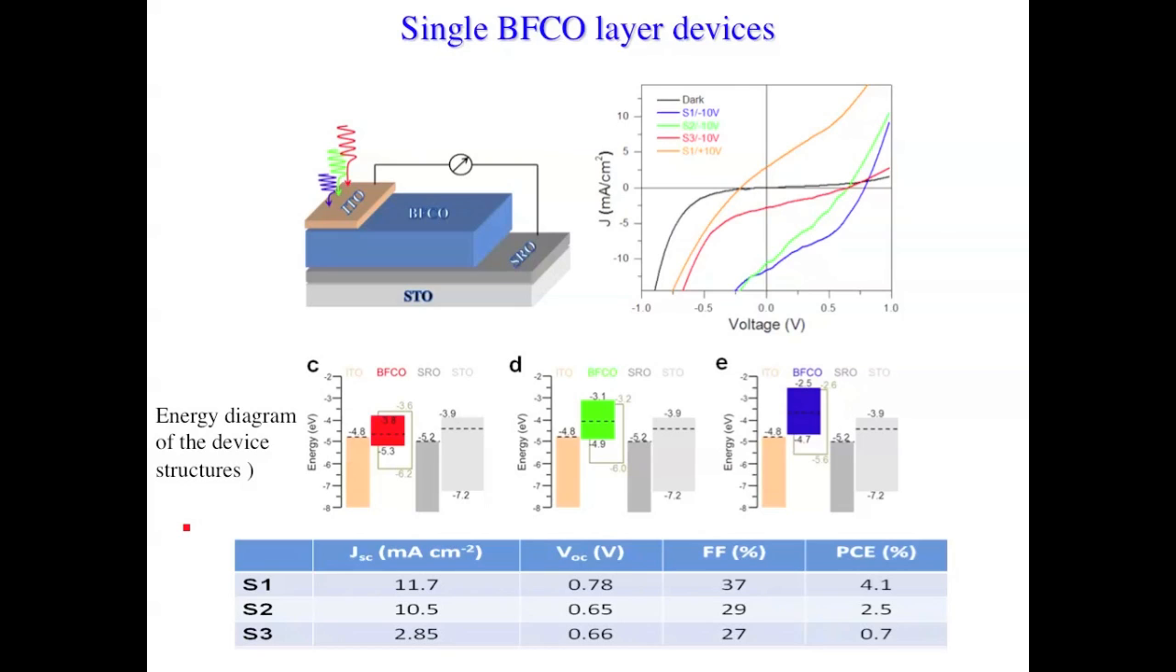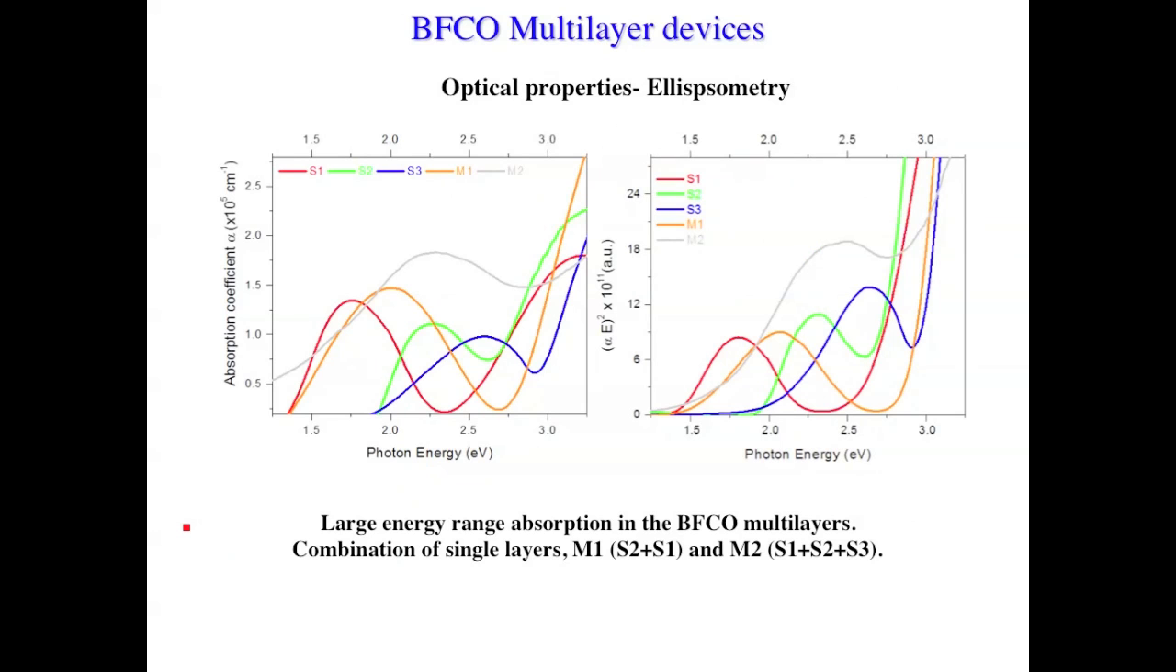So the PV measurement gives up to 4.1% efficiency, and we get it for the structure number 1. And we got this idea to superimpose these layers to see exactly what happens for the PV properties. First, for the optical property, multilayer number 1, or M1, is the superimposition of S1 and S2, and multilayer number 2 is the superimposition of S1, S2, and S3. You can see that the absorption is more